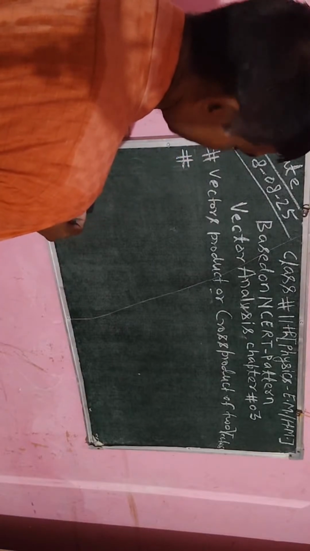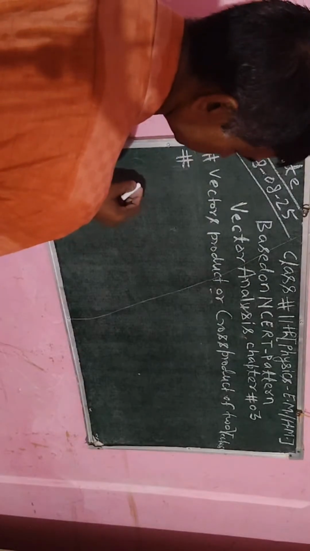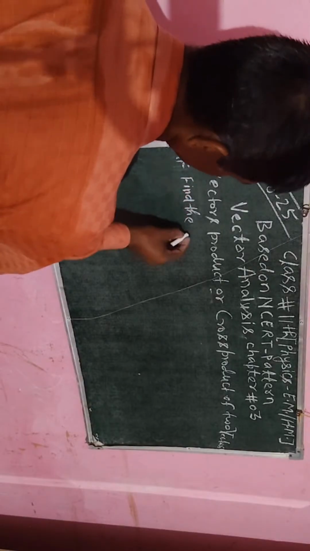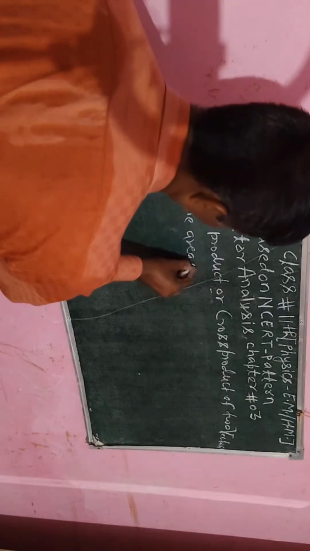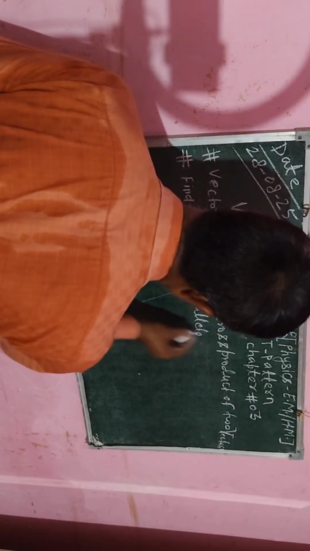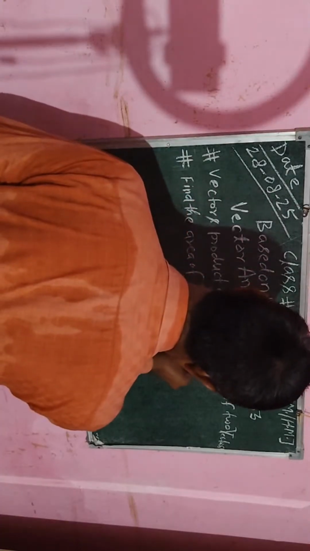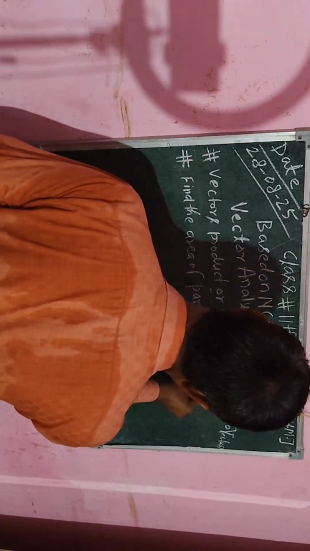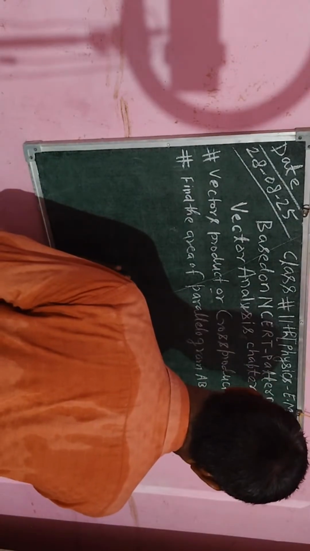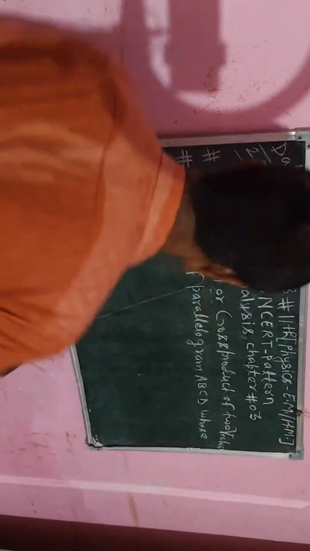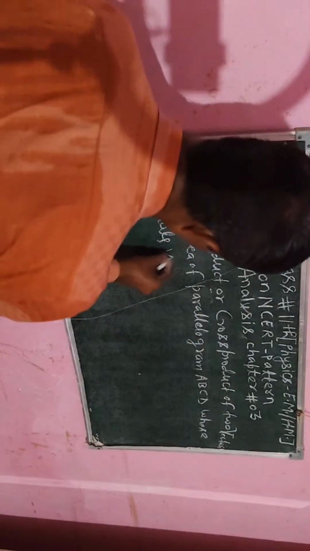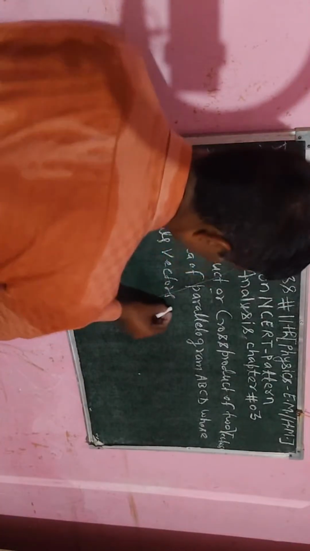Okay, so students will follow the question. Now here I have to write: find the area of parallelogram ABCD whose diagonals vectors are